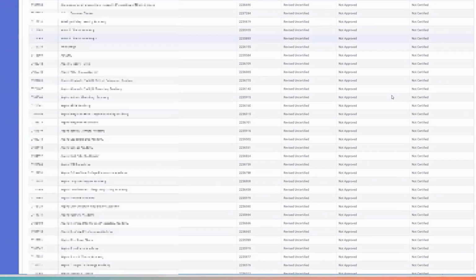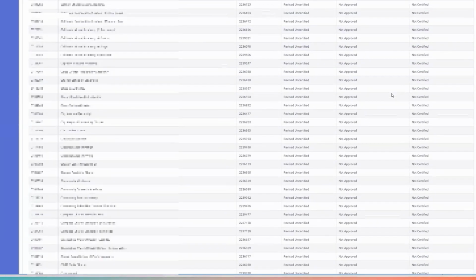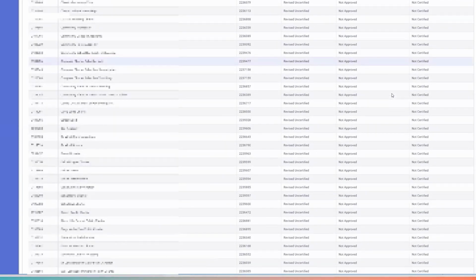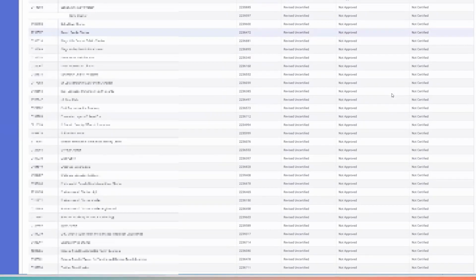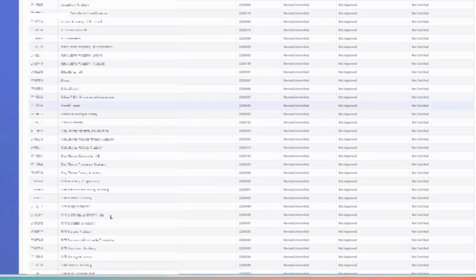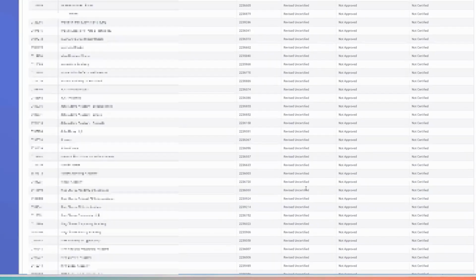And you can see this particular SELPA has so many because there are a lot of individual charter schools. But this is why the onus is on you to certify or approve your data soon, because the SELPA has quite a lot of reports to review as well. I picked this particular SELPA because you can see that status is now LEA approved. This tells the SELPA that they need to now look at the reports for this particular LEA to approve it. Everyone else is in revised uncertified,